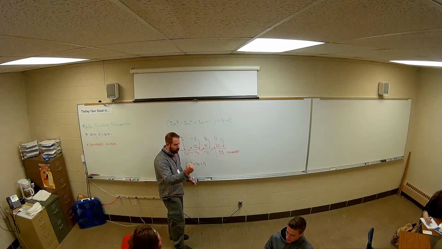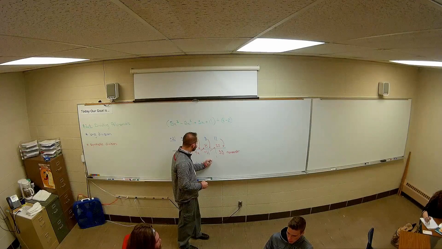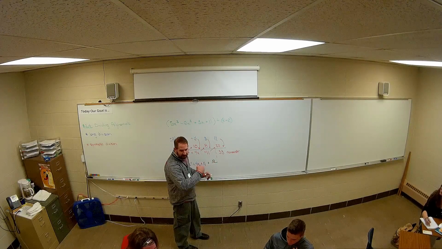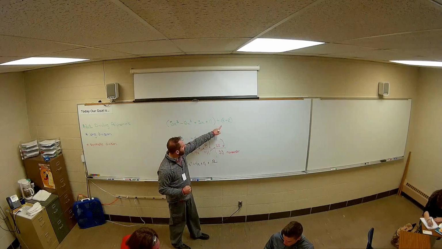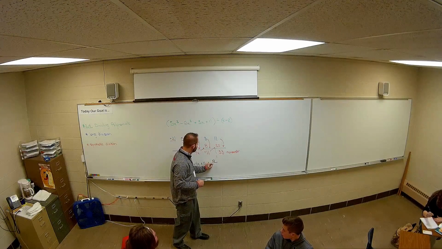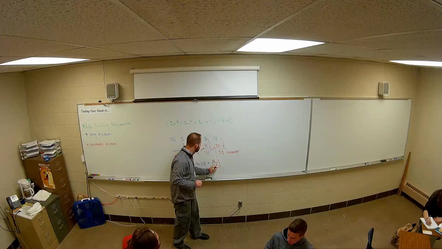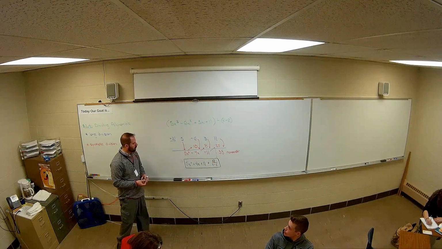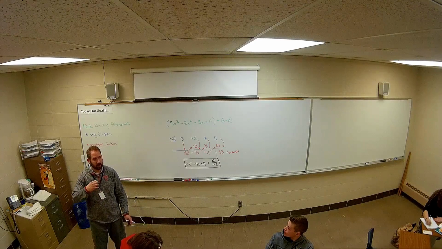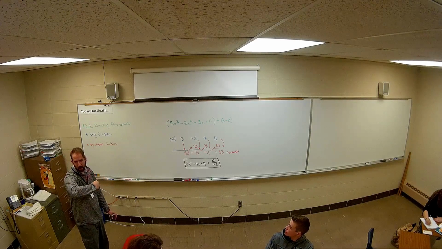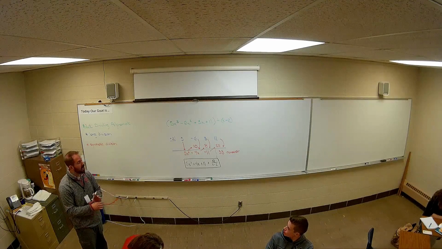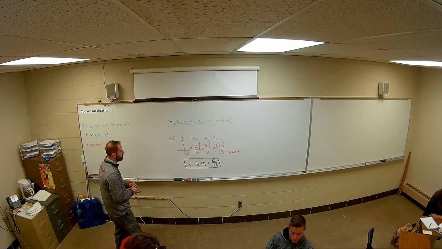And then the remainder: what I always do with the remainder is put it on the top, and on the bottom I put what we divided by. X minus 2. That's what we divided by. Okay? That's what we were talking about yesterday. When there's a remainder, you always take the remainder and add it on. That was that new process we had yesterday. So this did not work out as pretty. It was not a factor. We figured that out. It had a remainder.